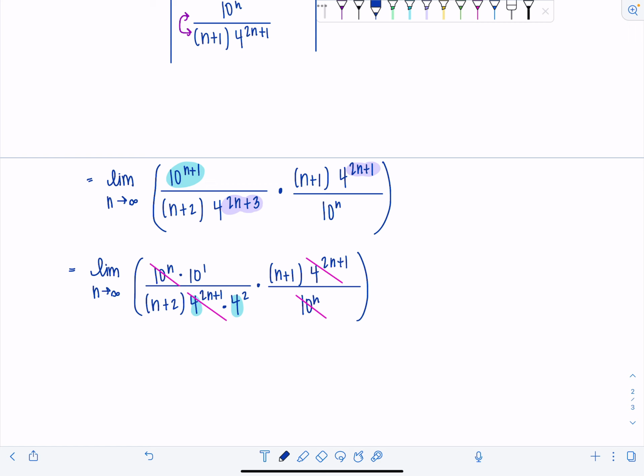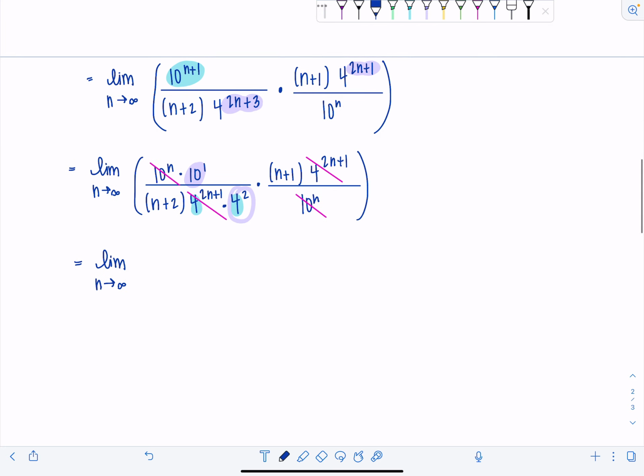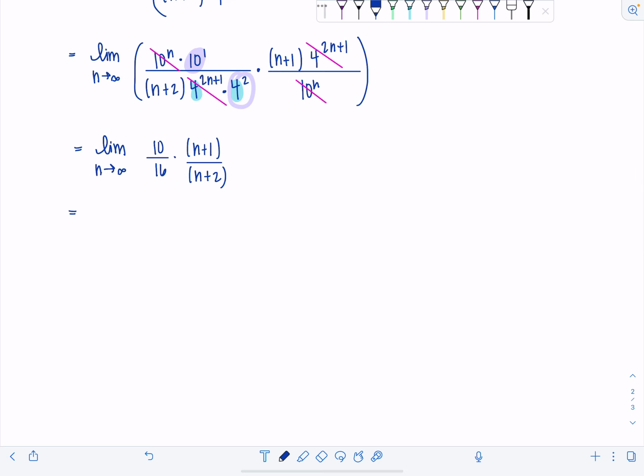Okay, that's fine. So we've got the limit as n approaches infinity. I'm going to group 10 and this 4 squared together because those are just constants, and then I'll write that as 10 over 16 for now, times n plus 1 over n plus 2. If you want, you could take the 10 over 16 all the way out of the limit, or you could leave it there. It doesn't really make a difference. Let's just reduce it. So this is the limit as n goes to infinity of 5/8 times